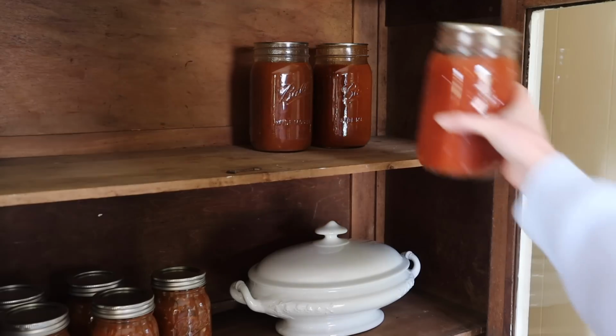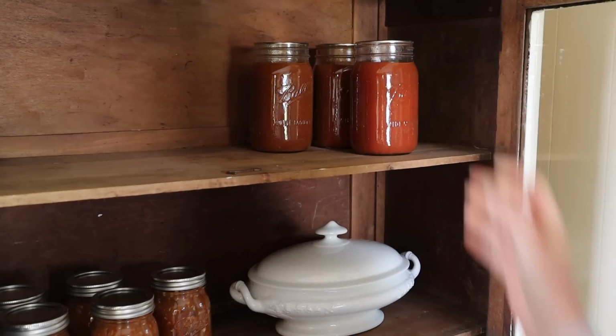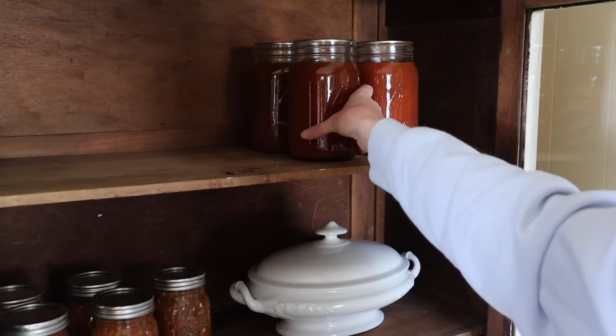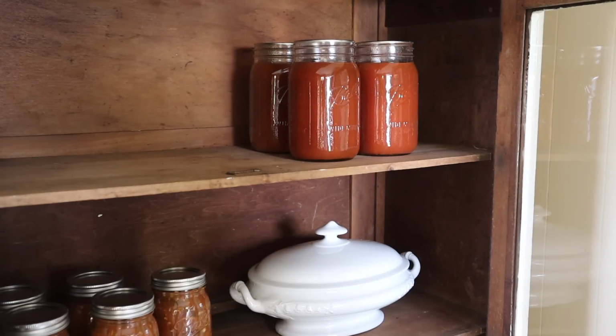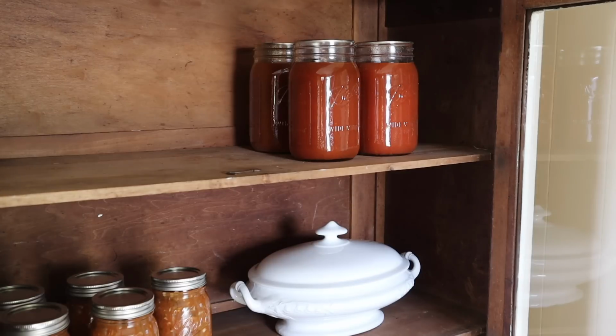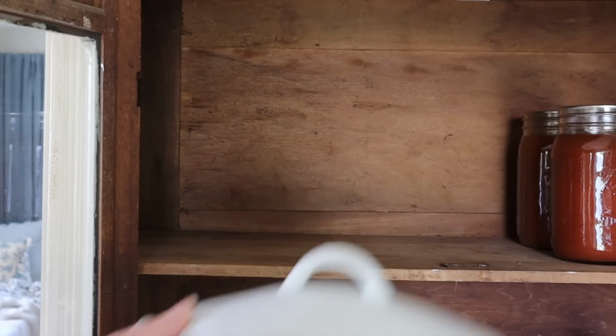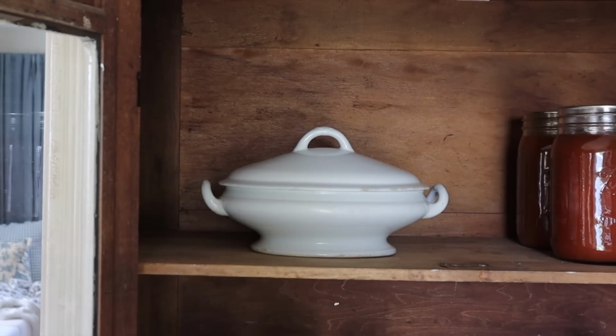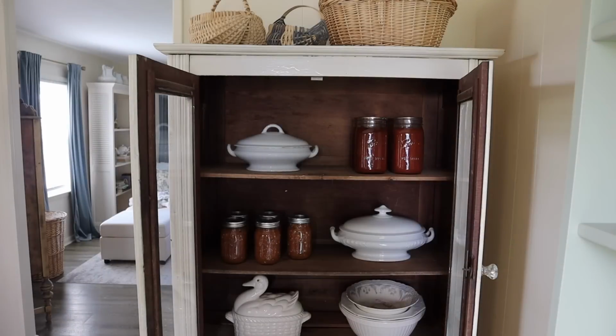It is the next day and it is now time for the fun part. We're going to add all of the goodies into the new hutch. Okay friends, here is how our new hutch is looking so far. This is still very much a rough draft. I really need to spend a little bit more time decorating it and figuring out exactly how I want to